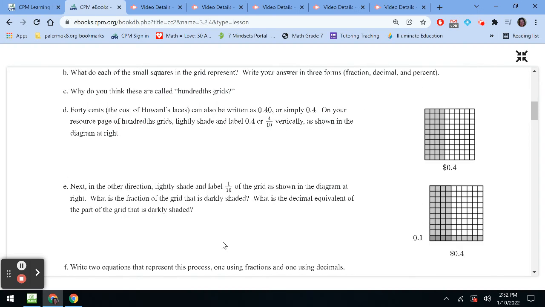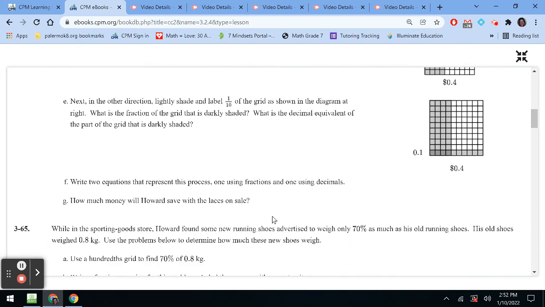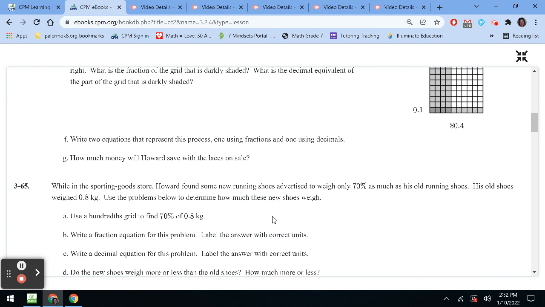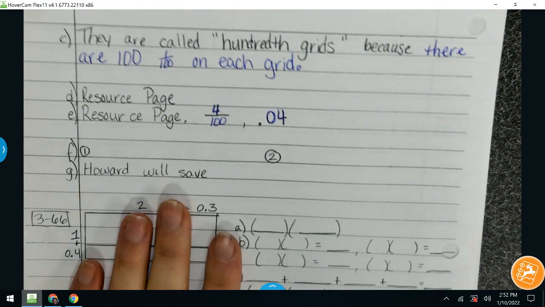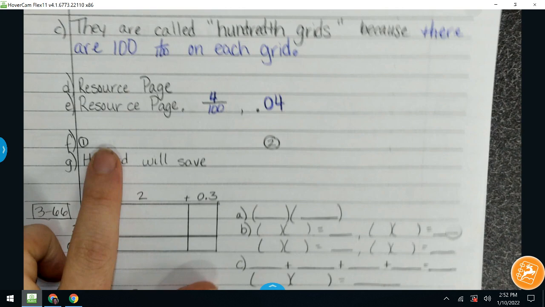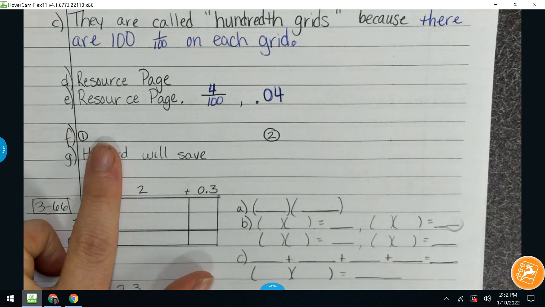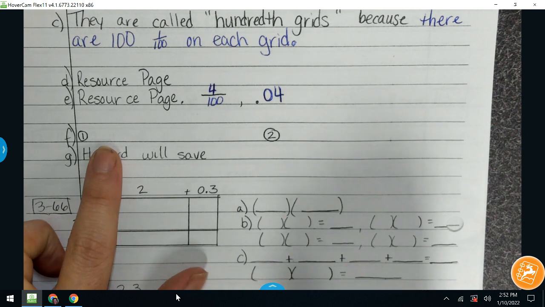Okay, so I'm going to go ahead and scroll down because we did Echo already. We're now on Foxtrot. It says write two equations that represent this process, one using fractions and one using decimals. So what we did right here with our hundreds grids is what we're writing down. The first thing that we're going to do, I'm going to choose to do the fractions first. So coming back over here to my notebook on Foxtrot, the first thing that we shaded in on our hundreds grid was